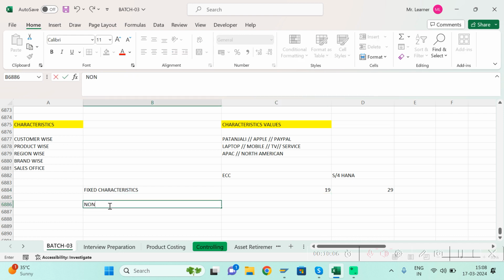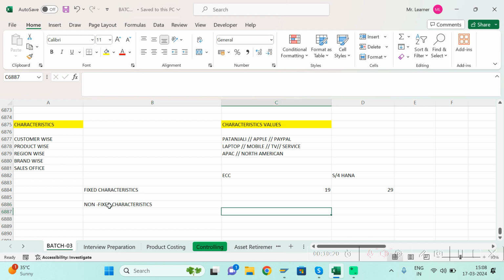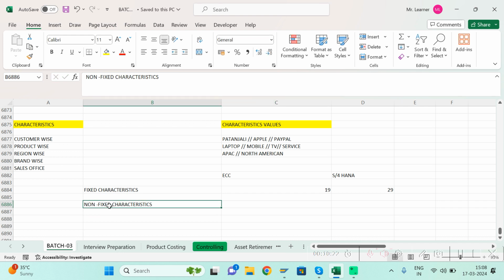you have another category called non-fixed characteristics. Very difficult for me. Difficult for us. We are not from an English background. Okay. So here,